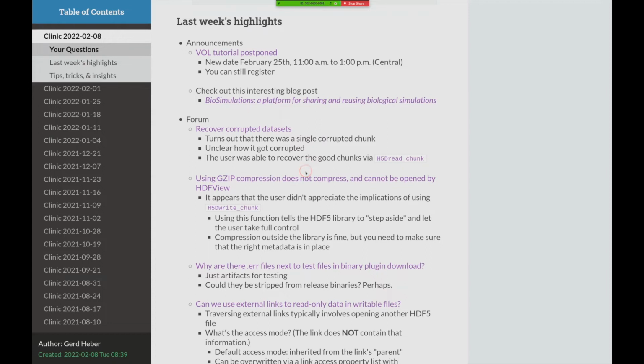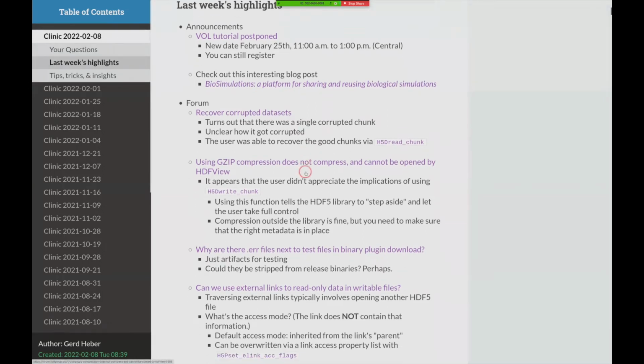Next up was also related to compression, and the way it's framed here is the user said that, okay, I have that file and I'm trying to open it in HDF view, but I'm not seeing what I'm expecting. In fact, it appears that HDF view somehow has trouble uncompressing it or showing me anything meaningful,